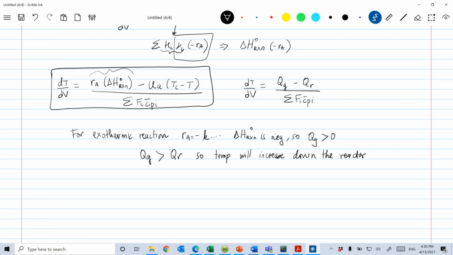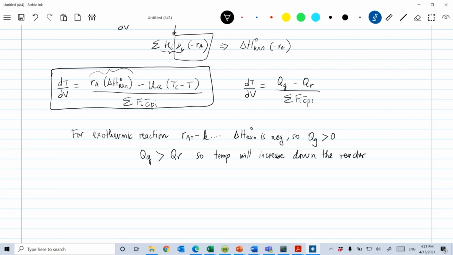The temperature will increase. Now, you can ask yourself, well, if you remove too much heat from an exothermic reaction, the reaction is never going to start. So you have that going, right? So the heat that you're removing from the reactor cannot be so much that the reaction actually never starts. So you have to remove a certain amount of heat, but not all of it. And between now and next lecture, we'll go through some examples that show how this works. Okay, so